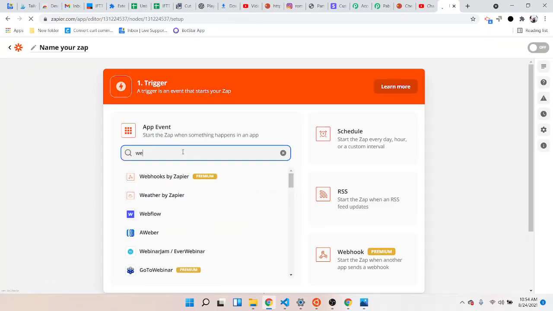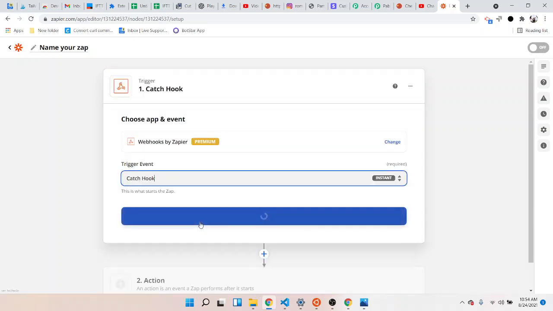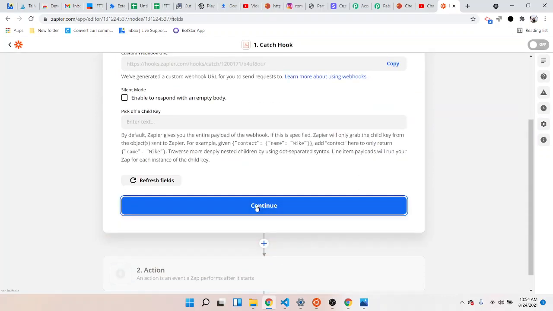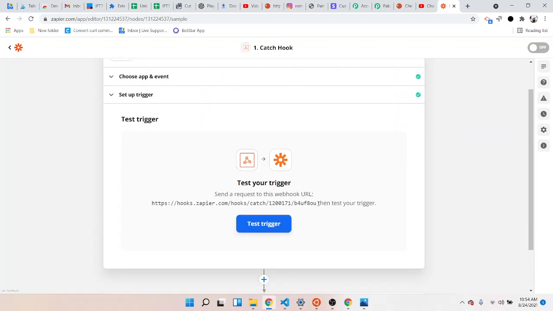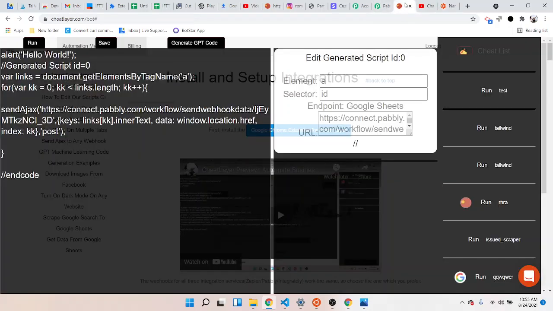The first step is a webhook. We want to do a catch hook. Click Continue. Okay, we want to copy this link and go to